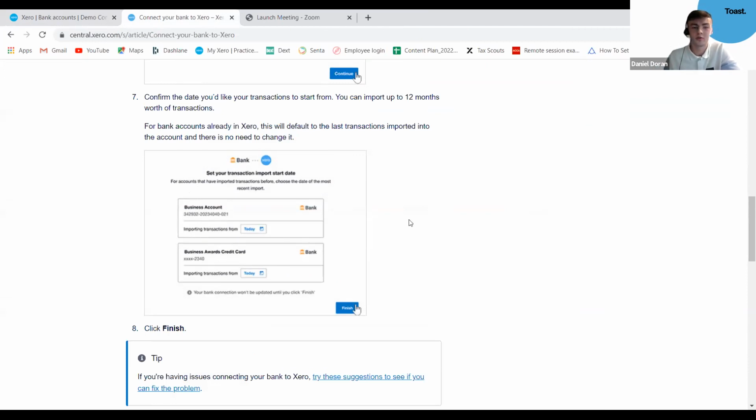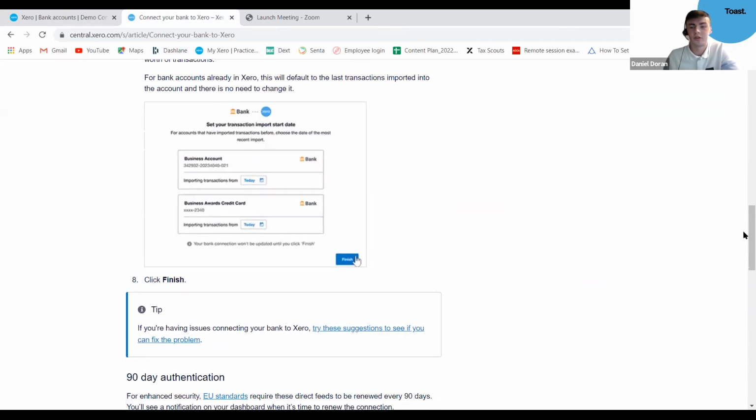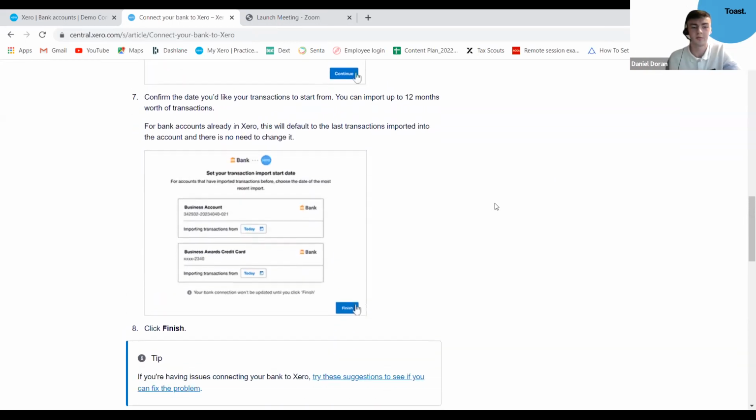And us here at Toast, we can do that for you, saving you a lot of time as well. We would basically do that. It'll automatically take 12 months, but if you want historic information, you can take that out of your actual internet banking and then upload it. And as you said, if you need assistance with that, we can do that, because it can be a time consuming process. But it can go back basically as far as your internet banking goes back. And we would just use a CSV template on Xero then to import any transactions prior to the 12 months.